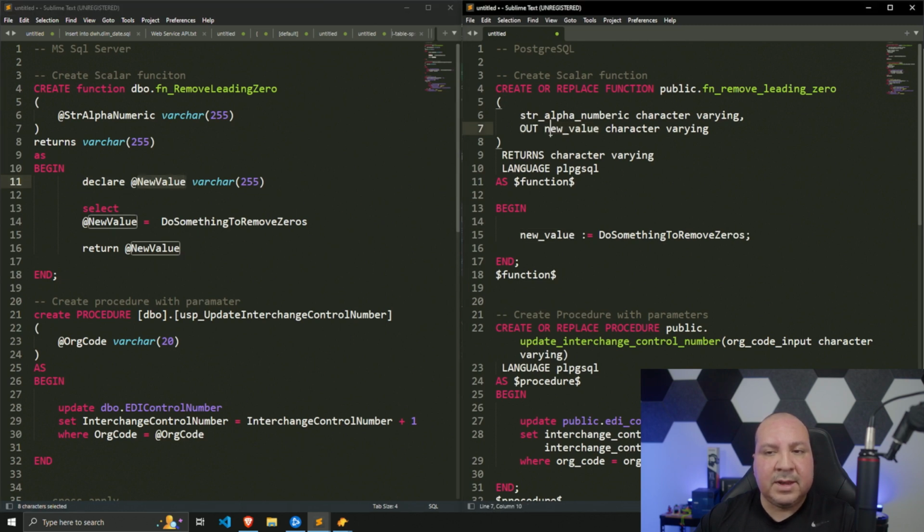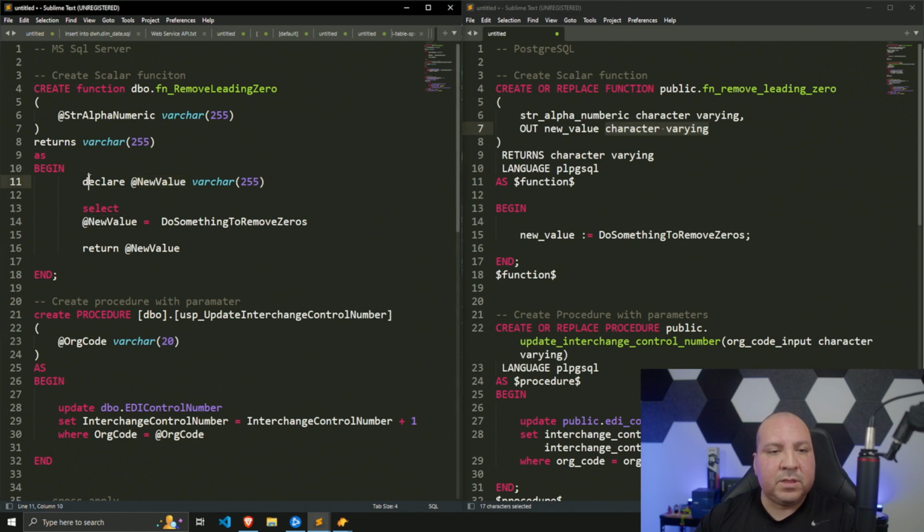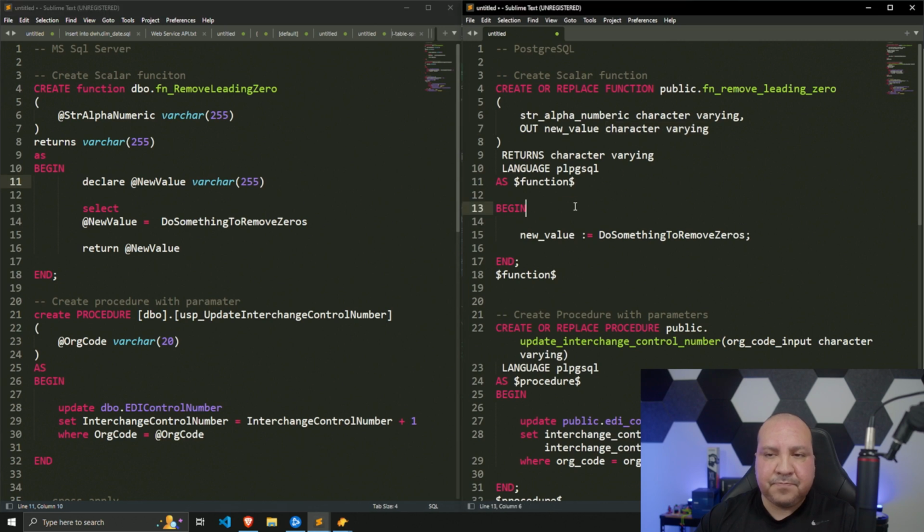I'm saying out, and then it's declaring a variable called new value, which happens to be varchar, a text value. So this is doing the same thing that this is doing. That's why I don't need to declare any variable here. I'm not declaring anything within the begin statement. Now I do have to specify, just like over here, returns